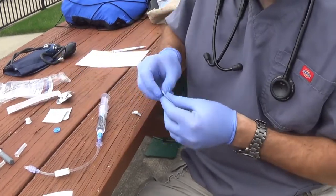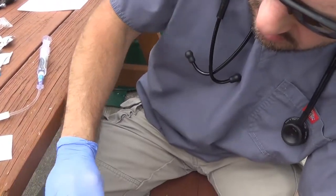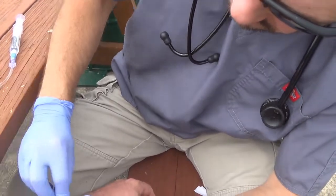We're going to use an alcohol wipe to prep Garry's arm because it's probably falling asleep right now with how long we had that tourniquet on. I've had them on tighter and longer. Not that I'm questioning your manhood, but...